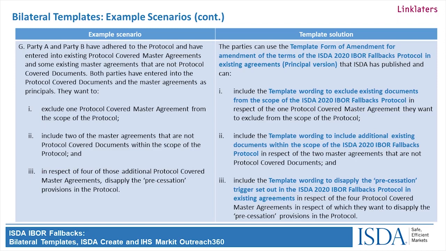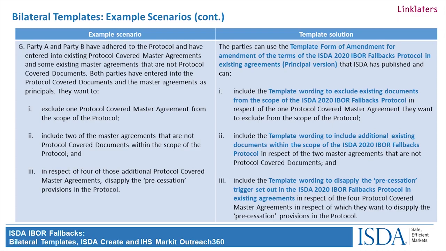And so the way in which they can do that is, firstly, because we're in a situation where the parties have already adhered to the protocol, they can use the template form of amendment that is relevant where parties have adhered to the protocol and want to update in relation to existing agreements. And then they can drop in various template provisions. So the first one being to exclude documents from scope